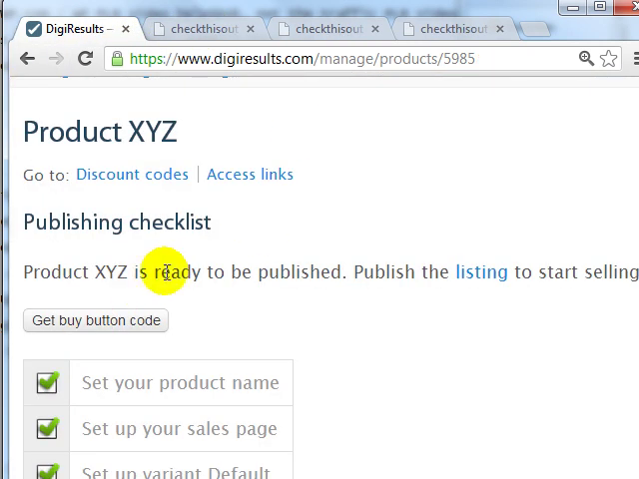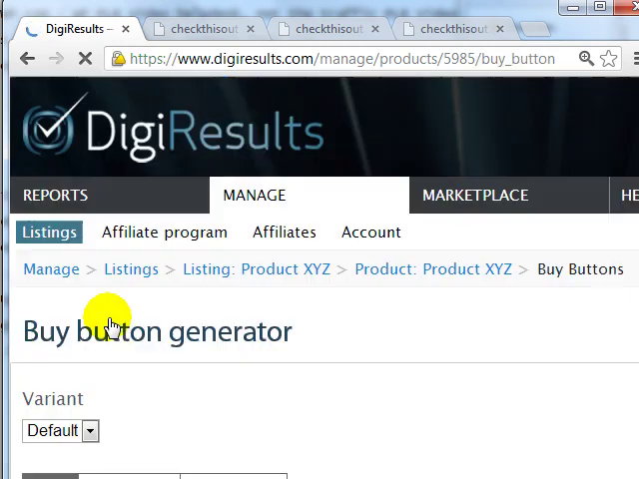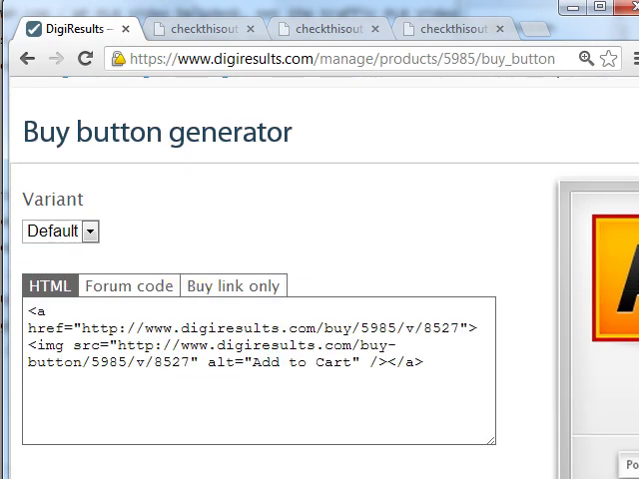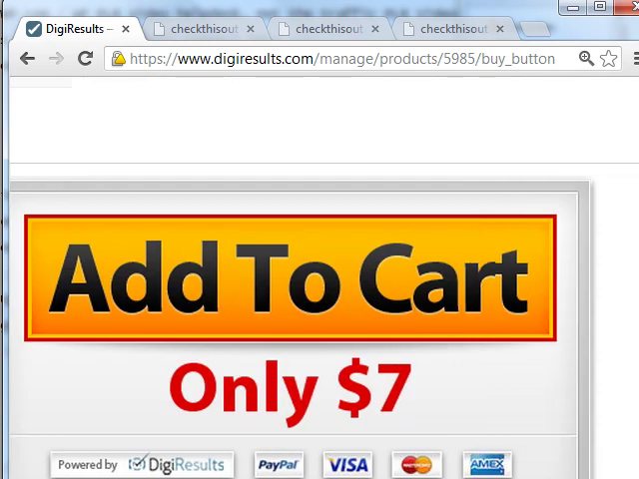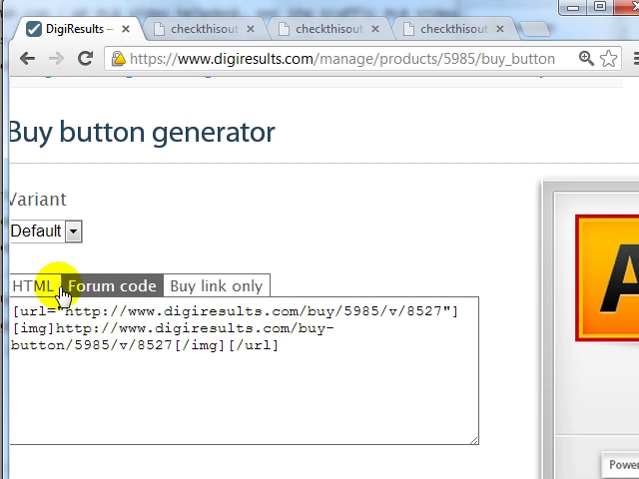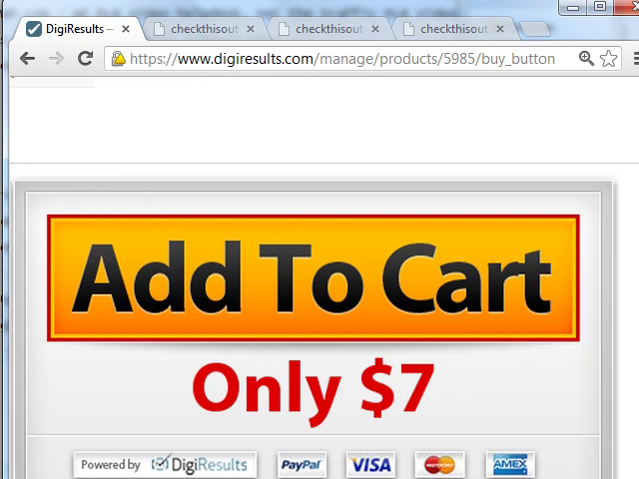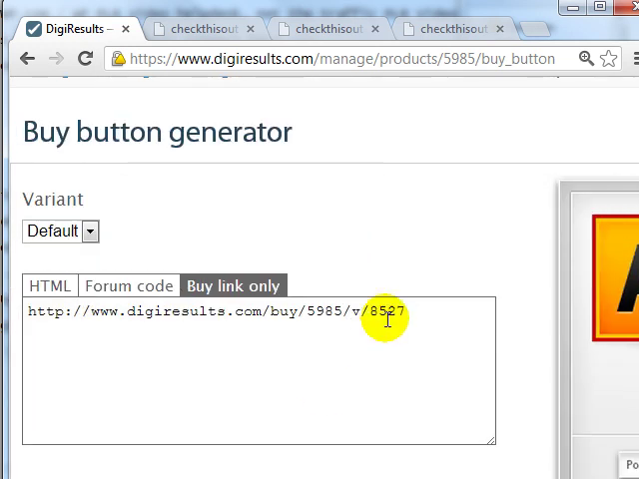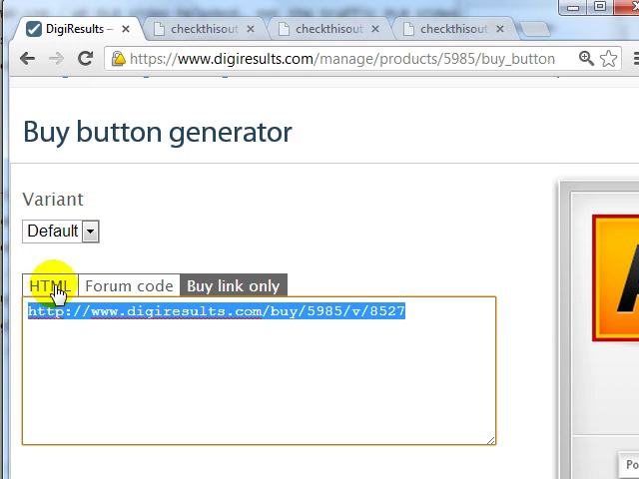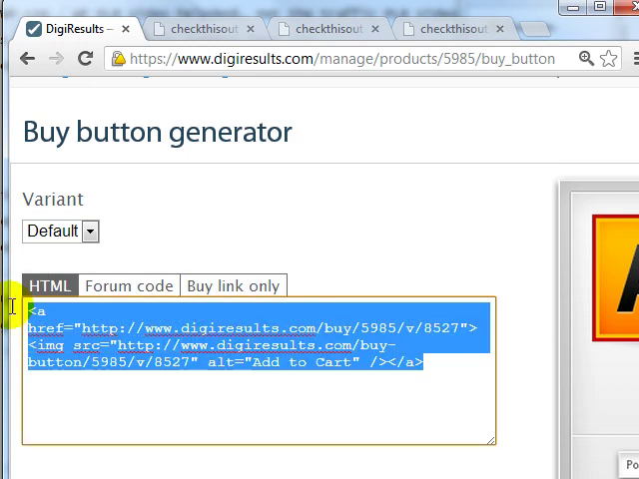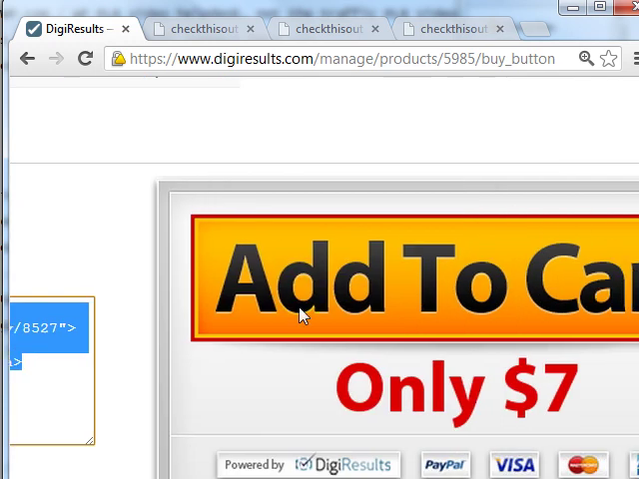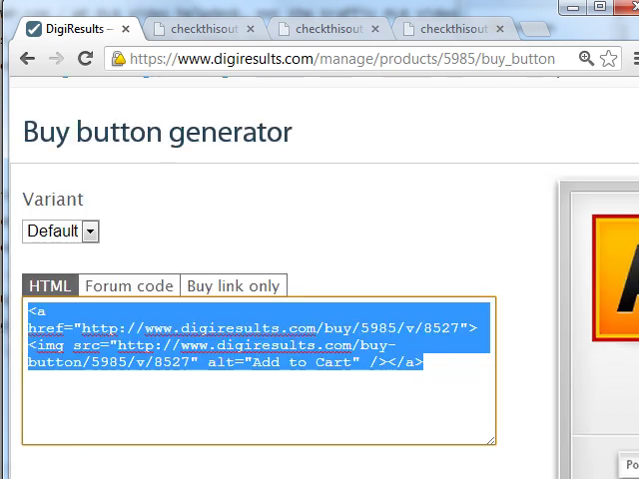And if I go back to this page here, click on Get Buy Button Code, there are several different options here. You can either get the buy button code here, and as you can see, it has the price listed here. The forum code for forums, or if you want the link only and use your own buy button, you can actually get the link here. So let's say, for example, that I want to just copy the buy button code here, and I like this buy button and I want to use it on my sales page. In this case, I'm going to copy this here, go back here,